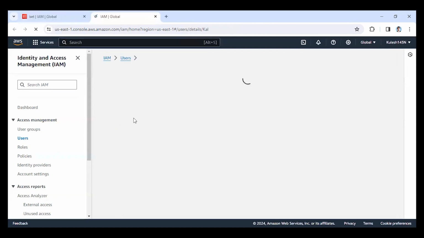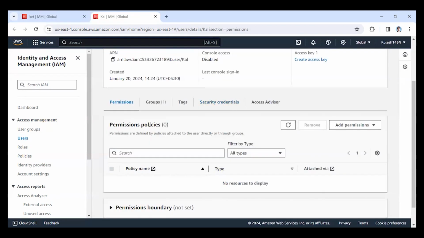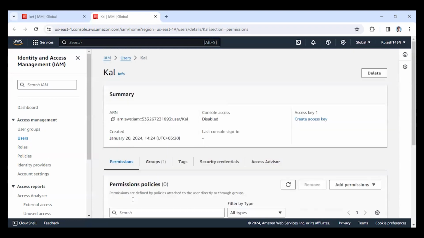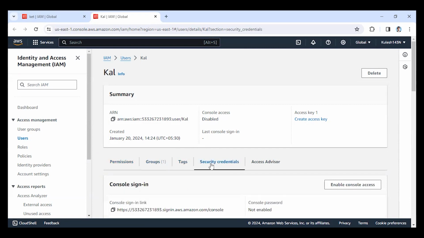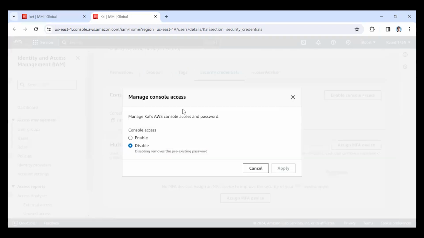I mean, you can go into that, and here we can go to security credentials and say enable console access here, and you can say enable here,